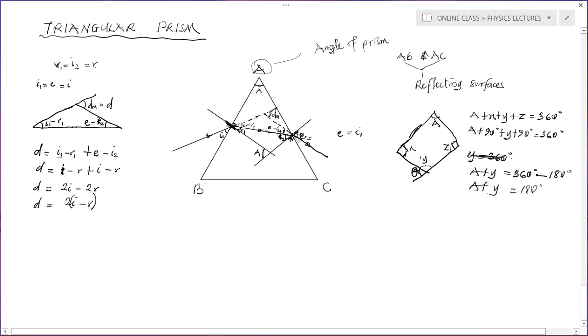Definitely, look at this place also. Theta plus Y is equal to 180 degrees. I'm on a straight line. Definitely, theta equals A. So it means the angle we have here is equal to the angle here. Then, if you now go further,